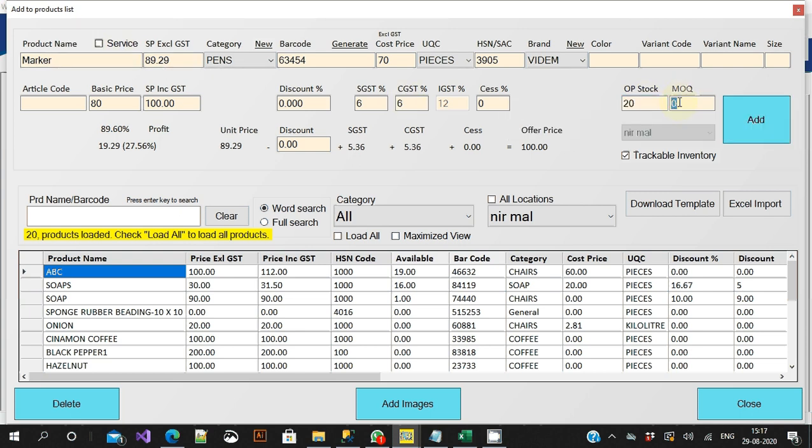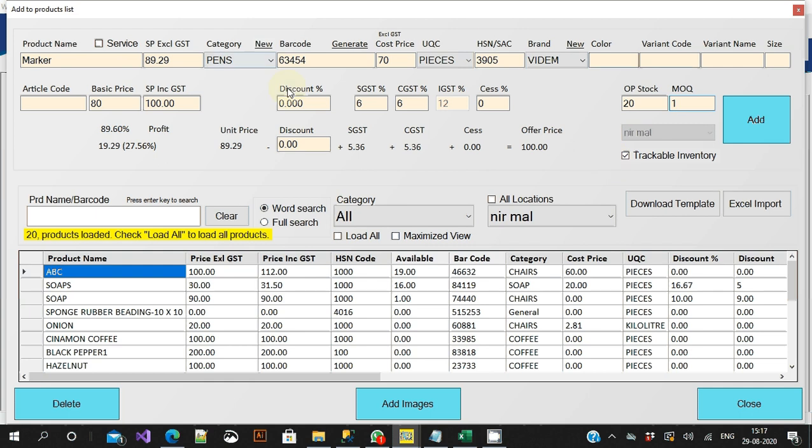Minimum order quantity is related to the depletion of your inventory. Actually, MOQ guides you to trigger an alert so that you can generate a purchase order with the suppliers. So if your inventory comes down to 1, then you should be alerted, and then you can contact your supplier and purchase the quantity. So I am putting it as 1. This has to be decided by the store owner, based on how much time it takes and what minimum quantity is required to store on the shelf. So I think this completes the adding of the item.